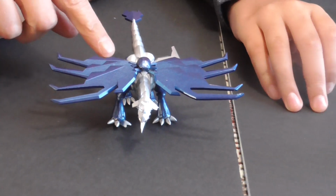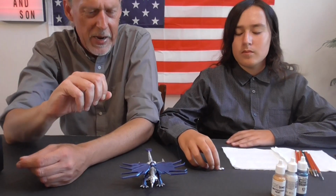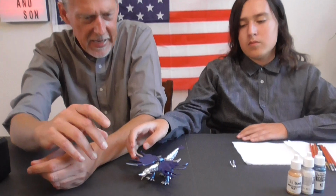the metallic blue and the silver, and it's turned out a lot better than when we've painted some plastic miniatures where the paint ends up being sticky and leaving fingerprints. It turned out great. This was not as difficult as you might believe. It had some issues